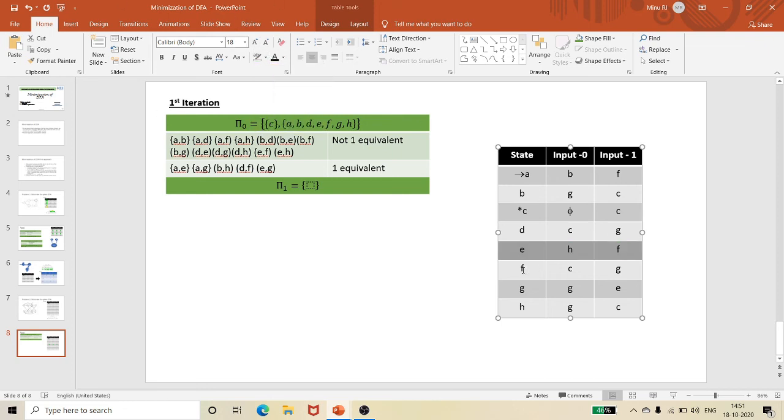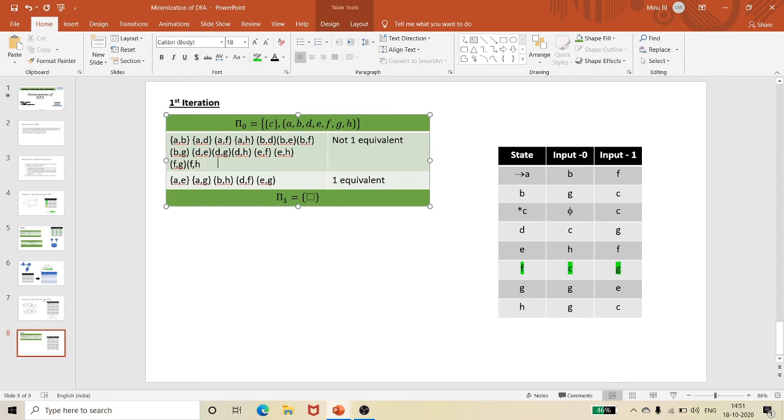Next is your F. When I am comparing my F, again I have a C. With respect to C, there is no C over here, so none of them are going to be equivalent. F with G is also not going to be equivalent. F with H is also not going to be equivalent.